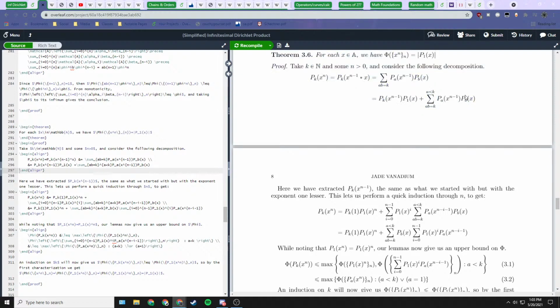Remember, each time we get another sum, we have another power of p1. So we're adding up all of these tailing terms. Each time we go through another index, we get an extra power of p1 of x, and then each time we have whatever this is with the corresponding power. Here we have n minus 1 for when we've done it once, and as we increase i, we subtract more and more off of this power. So this is our inductive formula.